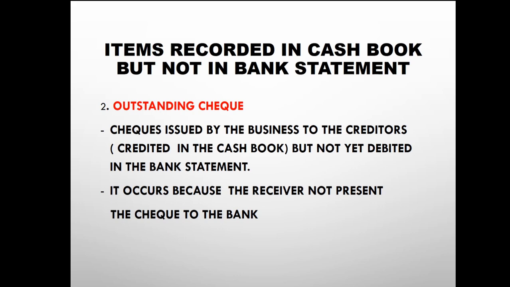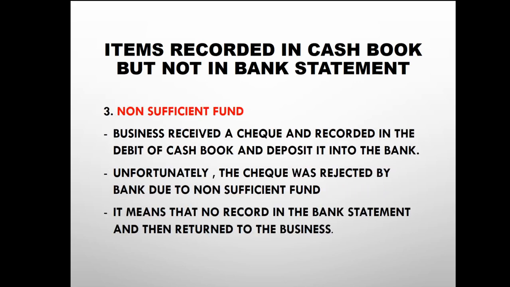Cheques issued by the business to creditors. Normally, they are recorded on the credit side in the cash book, but not yet debited in the bank statement. It occurs because the receiver has not presented the cheque to the bank. The receiver, normally the creditor, will hold the cheque until the end of the month. The third reason for an item recorded in the cash book but not in the bank statement: